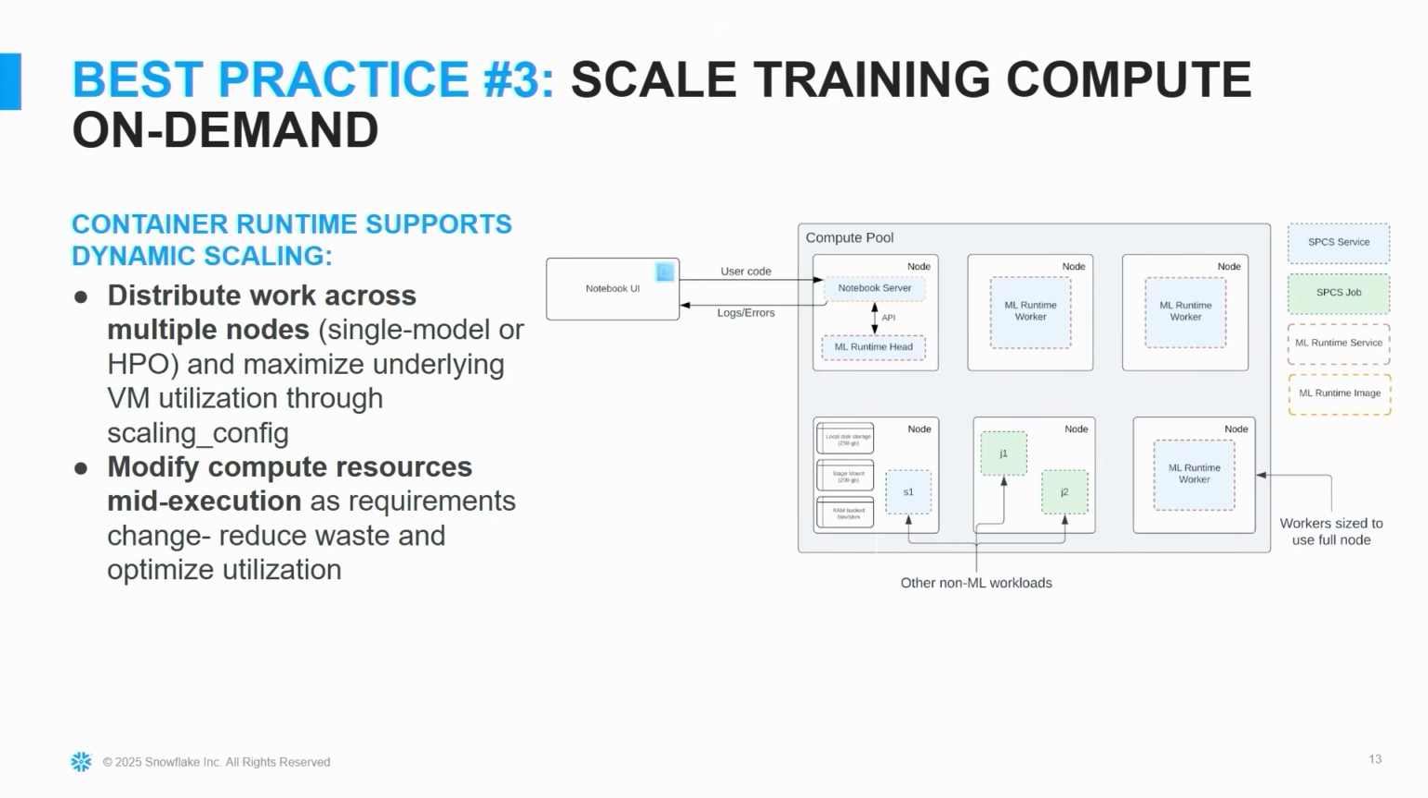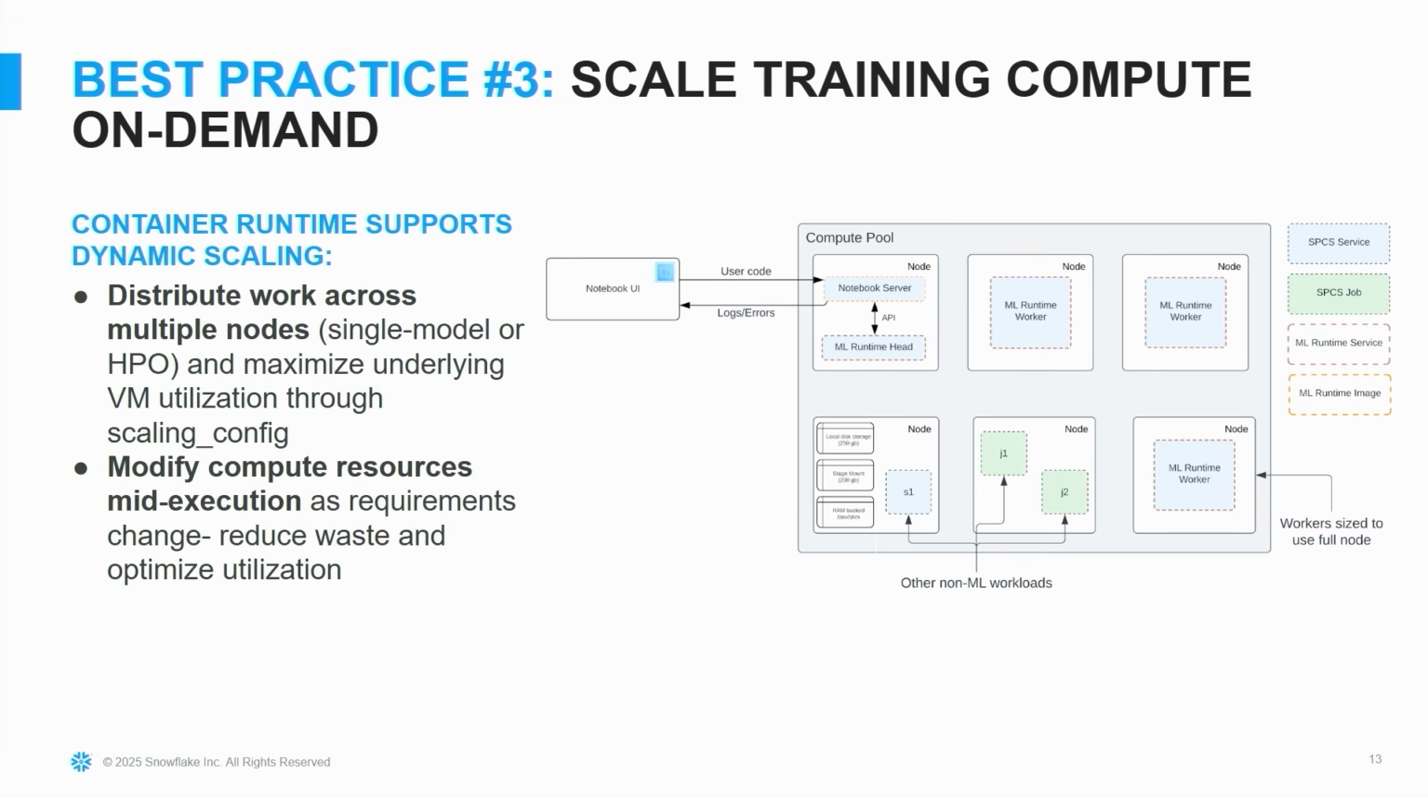Number 3, using that container runtime, scale your training compute on demand. Snowpark Container Services as the backend compute layer to the container runtime allows you to specify different cluster sizes and configurations with min-max node counts and all these sorts of things. But importantly, not every step of an ML development pipeline needs big, beefy resources. And so the container runtime abstraction gives you really simple APIs to scale up compute on demand